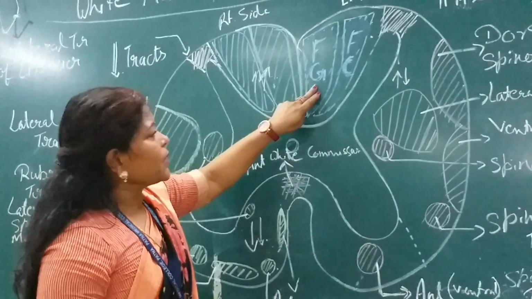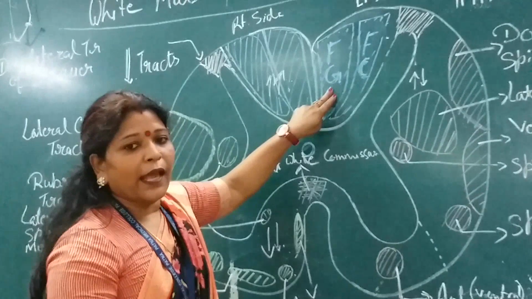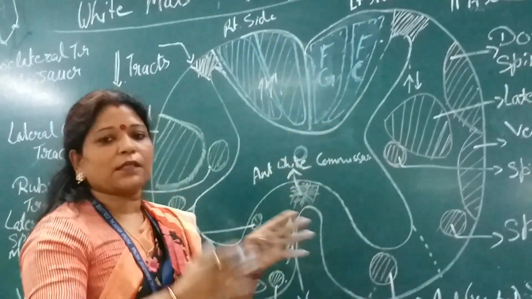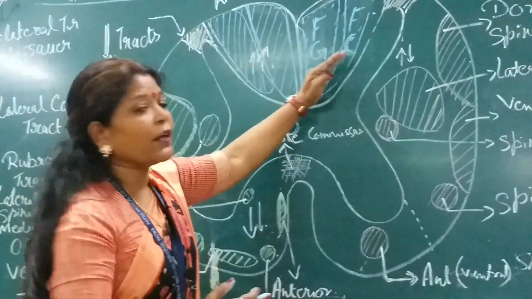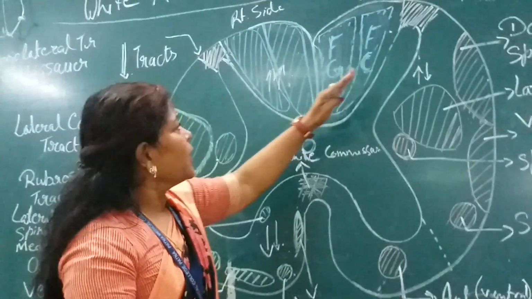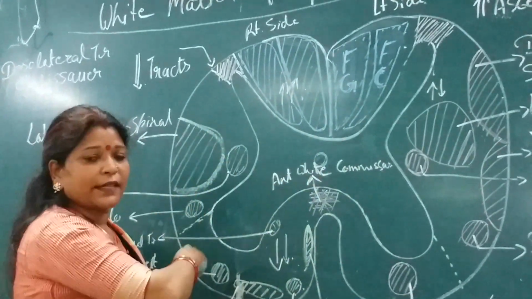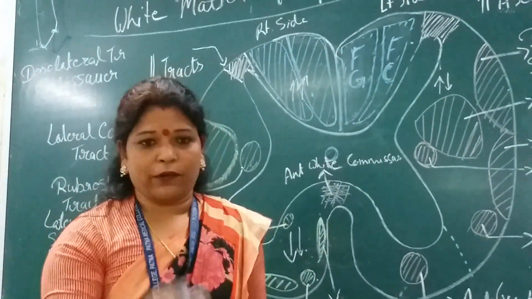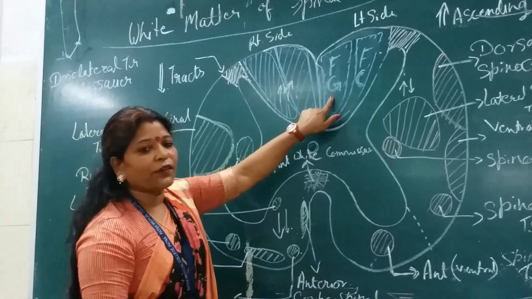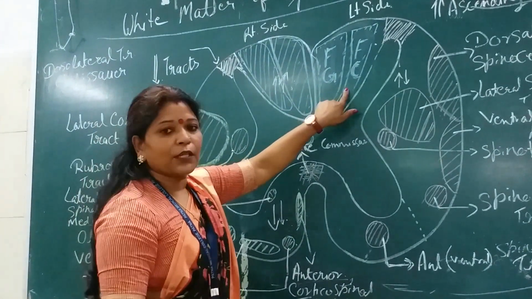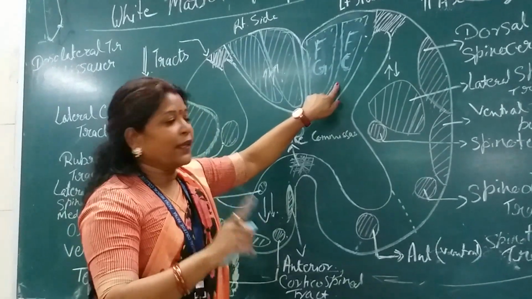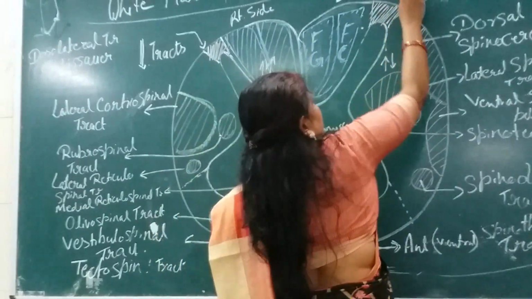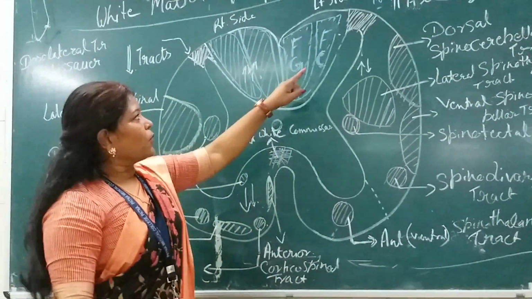But what is the role of this fasciculus gracilis and what is the role of this fasciculus cuneatus? From where does it start? This fasciculus means these tracts. From which level of the spinal cord is it going to start? If I have drawn this diagram here, it is not the diagram of the lower level of the spinal cord, because I have drawn both the fasciculus gracilis as well as the fasciculus cuneatus. It means that this is the cross section of the spinal cord above T6 level. Okay. So this is the demarcation.